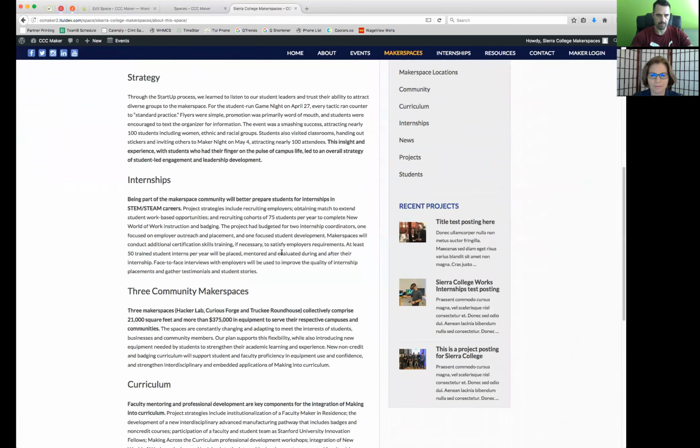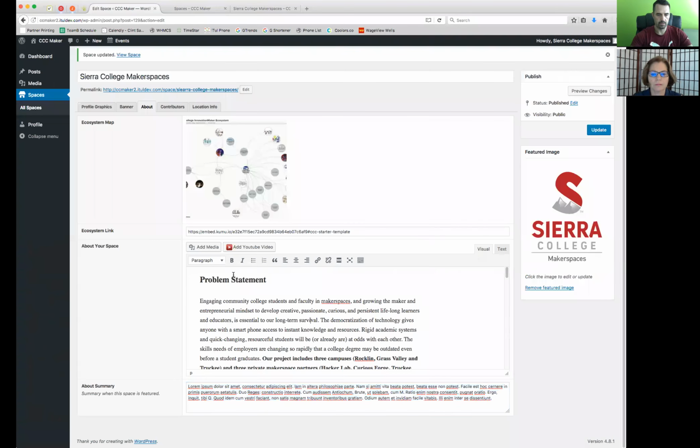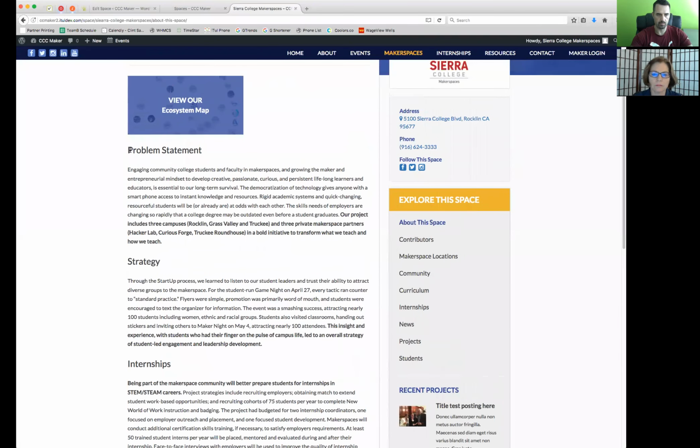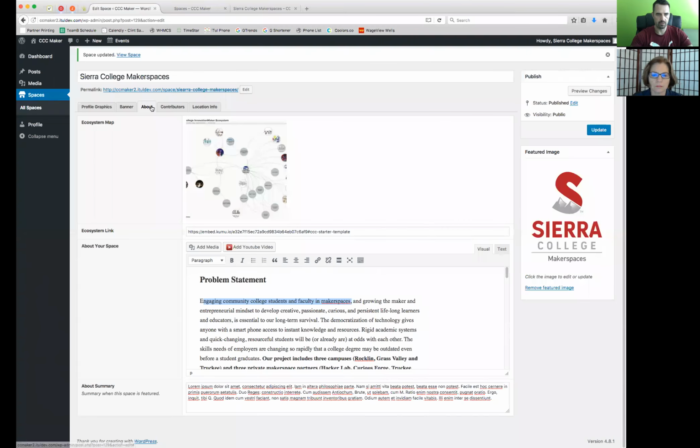And all the rest of this text here is listed right above the summary. So you see problem statement, engaging community college students and faculty maker spaces. That same information is listed right here, problem statement, engaging community college students and faculty maker spaces. So that's where this information is pulling from, is right underneath the About tab, right underneath About Your Space in here. And you have a small little editor